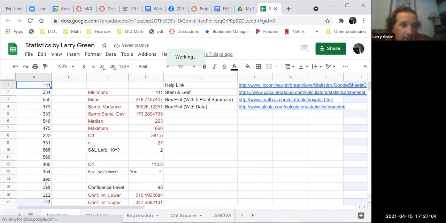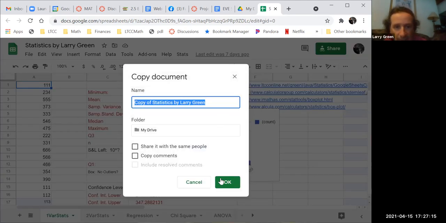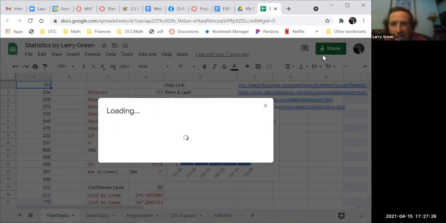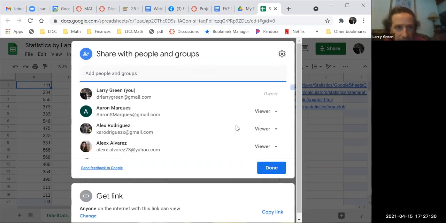Your data will go here, so you erase whatever's in there and then put your data in. But to do that, you always have to go to File, make a copy, give it a name, and then hit OK. Then you'll be able to enter your data. Otherwise, you can't. Just so you know. So you enter your data into the spreadsheet. It's also on Canvas, but I figure since we're here,